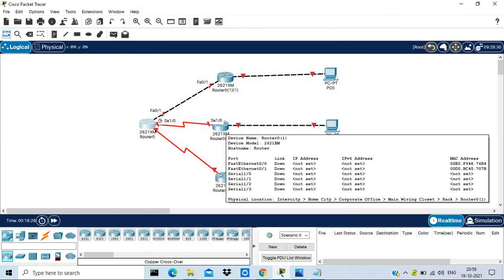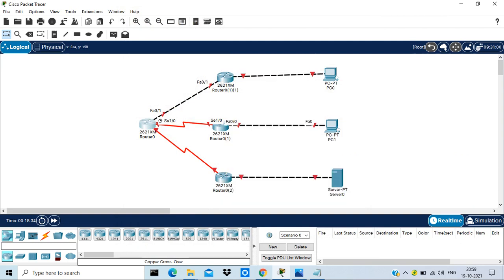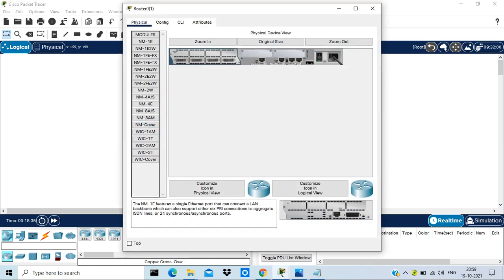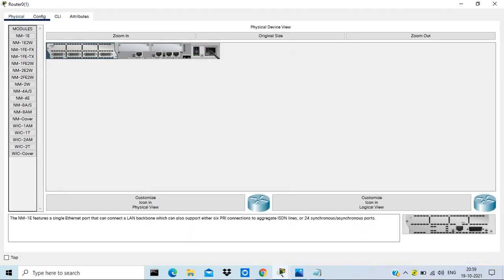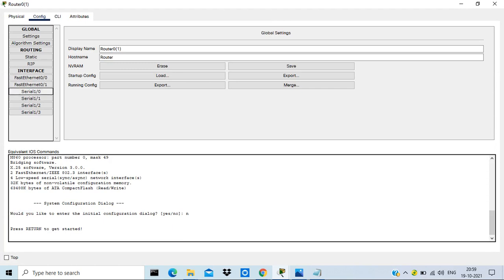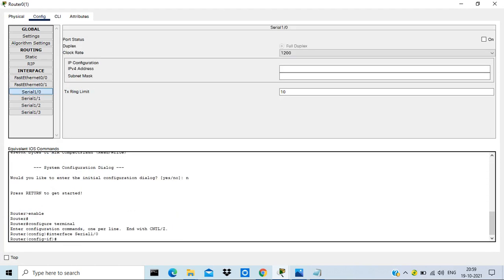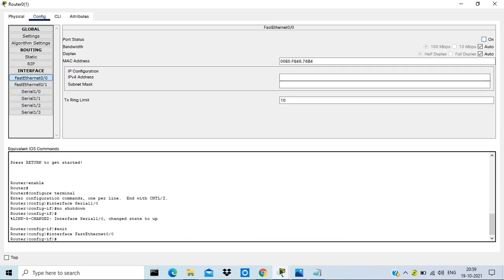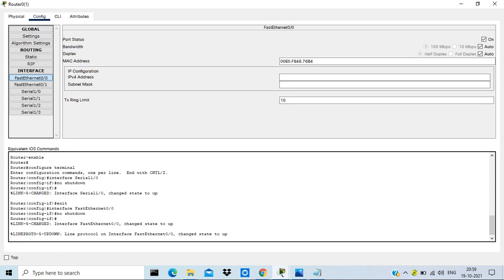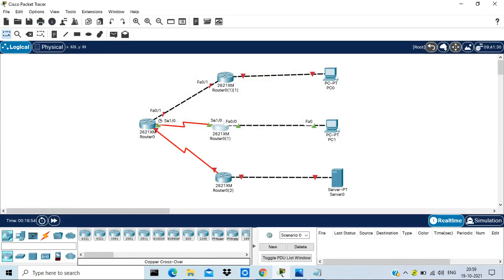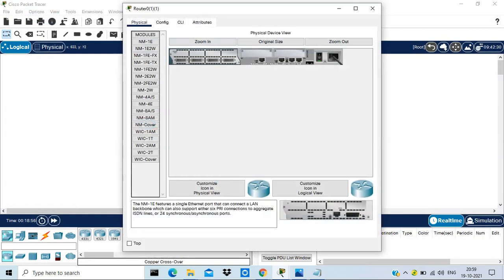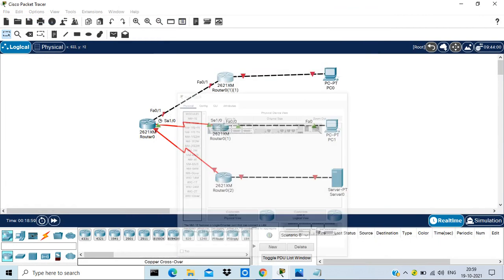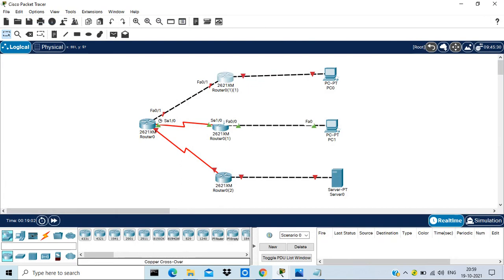Like here the branch 2 is connected with 1/0, and the LAN interface is FA 0/0. So 1/0, FA 0/0. Branch 1 is FA 0/1 and FA 0/0.